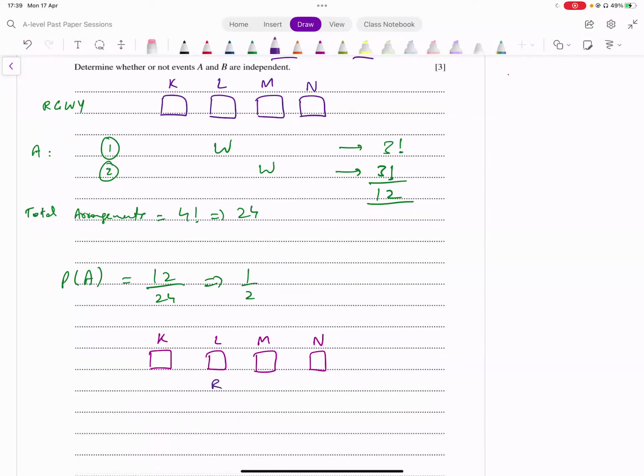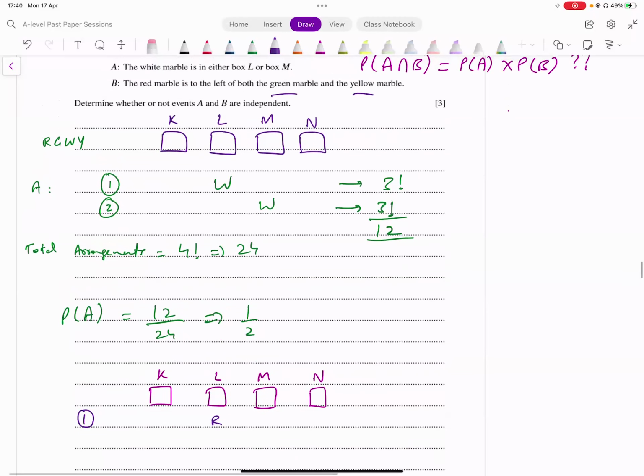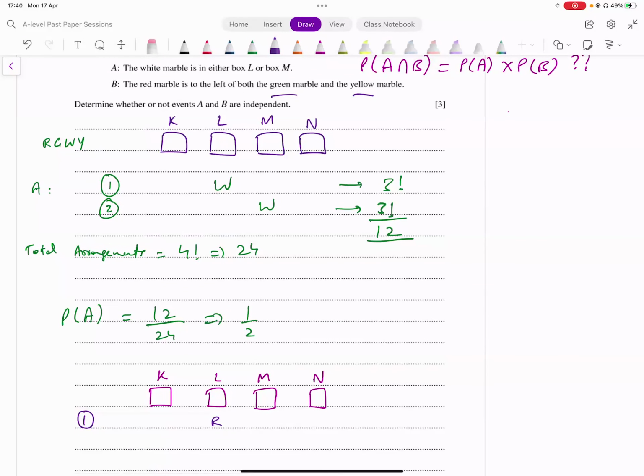तो या तो रेड जो है वो इधर आएगा, एल में आएगा, ताकि राइट साइड पे बाकी दोनों आ जाएंगे, फर्स्ट केस हो गया। अगर रेड यहाँ पर आता है तो इसके लेफ्ट साइड पे क्या रखना पड़ेगा? व्हाइट रखना पड़ेगा, बिकॉज ग्रीन और येलो राइट पे होना चाहिए ना, तो लेफ्ट में मुझे व्हाइट रखना पड़ेगा।